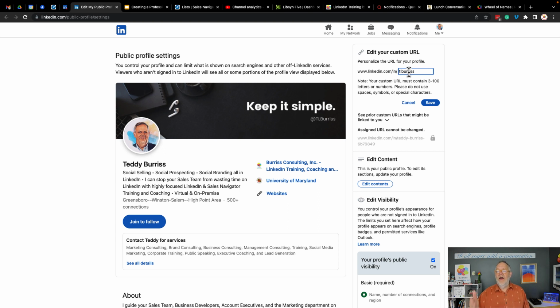And the reason being is that is highly SEO ranking. And the more your LinkedIn profile URL shows up on the internet, the more your LinkedIn profile is ranked by Google. And so then when people are looking for the keywords that are relevant to who you are and what you do and relevant to your target audience in a Google search, because your LinkedIn profile URL has been ranked because you use it in lots of different ways, then your profile is more likely to be seen in a Google search. Again, make it about you as a human, and never make it about your role, your industry, or your company.